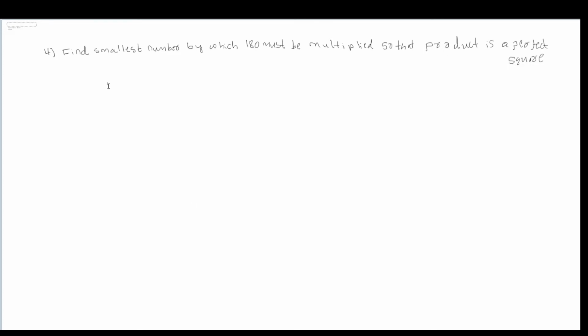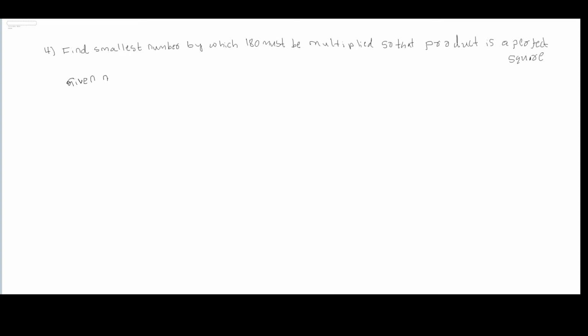The next problem is: find the smallest number by which 180 must be multiplied. See here, what they ask is about the given number, that is 180. Okay. Now they ask that